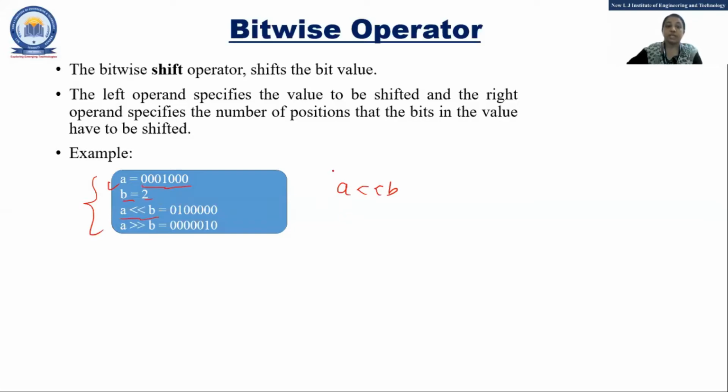So what is the meaning of this? This is the value which you want to shift, and this is the number of bits, how many bits you want to shift. Clear? The second operand is the number of bits, and this is the value. So B equal to 2, we have already taken. That means this is supposed to be shifted by 2 bits. So first I'll write this in A. After executing this statement, shift left 2 bits, right? So how is it supposed to be done? Just a minute. This is not there, right?